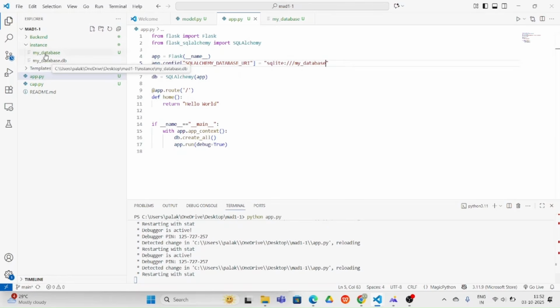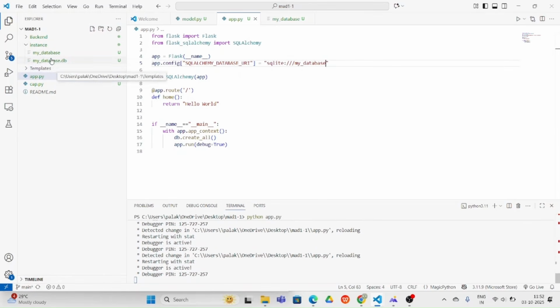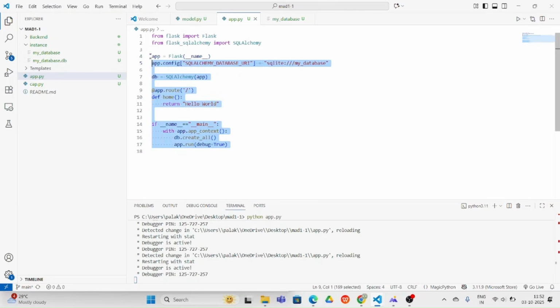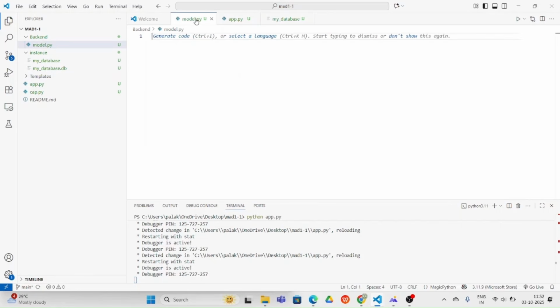Okay. So like you can see, there are two folders created for me, but they are not used anymore. So now what happened? My app is created, my database is created, and everything is working now. Now, if I want to create a model, how will I be able to create the model? So for that,